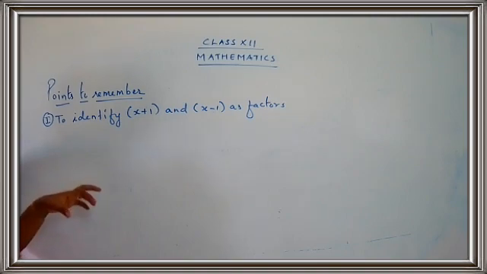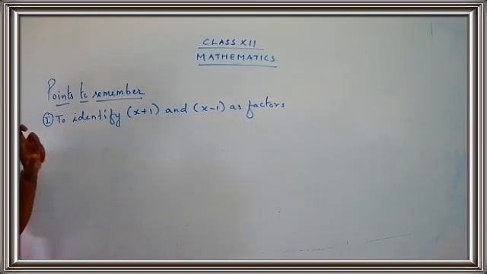I'll be just giving you the step, and this point I have just taken from the 9th standard book. We have done this type of sums in our class 9. So this is a reference from 9th standard. So just stay on the point, and this point will be useful for us to solve sum number 6. Okay children? So just stay on the point there, to identify x plus 1 and x minus 1 as factors.